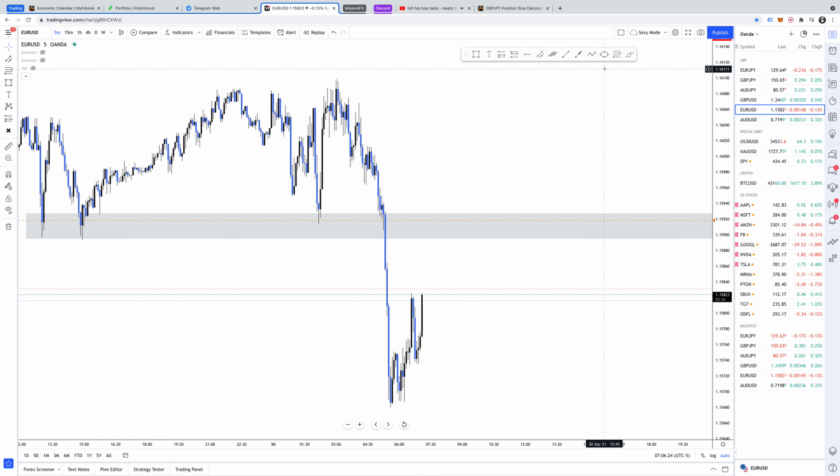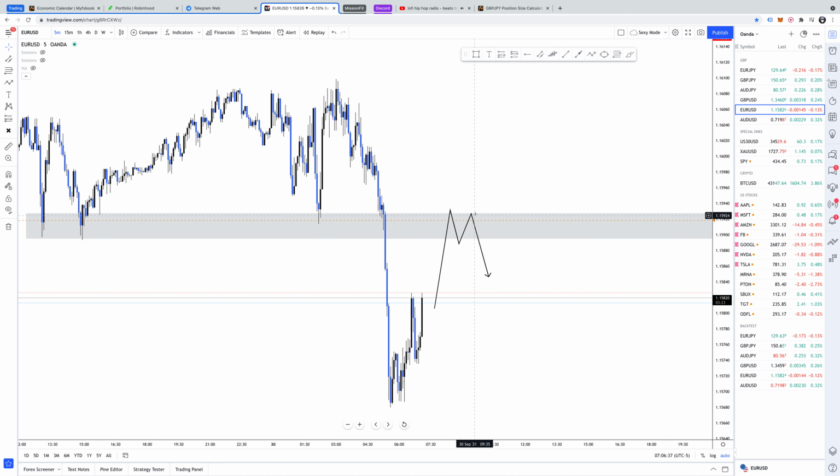Now, what is this rejection? I teach my clients that it costs $10,000 for you to learn this, but I'll give you a freebie here, okay? Here it is. You wait for a double top on the minute 5. That's it. You wait for price to hit the zone once, bounce away, come and hit the zone a second time, and start bouncing away. After you see rejection on that second retest, that's usually worth a shot to enter, provided that the zone is